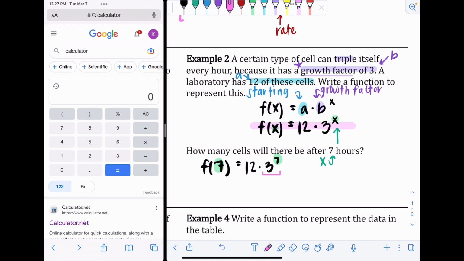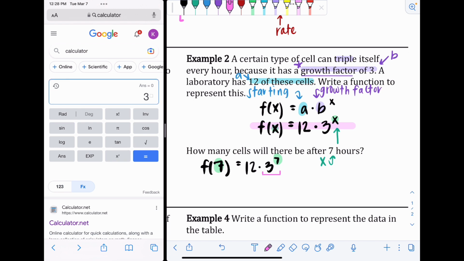So on mine, I have to click over to the f of x, but before I do that, I want to type in the 3 first. And then you want to look for the button that has an X with a little Y in the upper right corner. So on mine, it's the bottom row and the third button over. And you can see that pops up a little box, and that little box is for an exponent. So in that little box, I would type a 7. And then that would give me